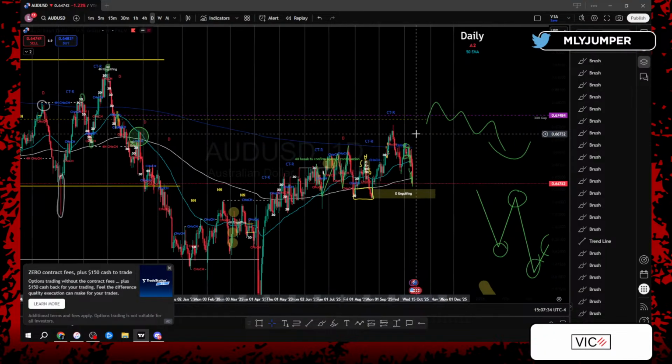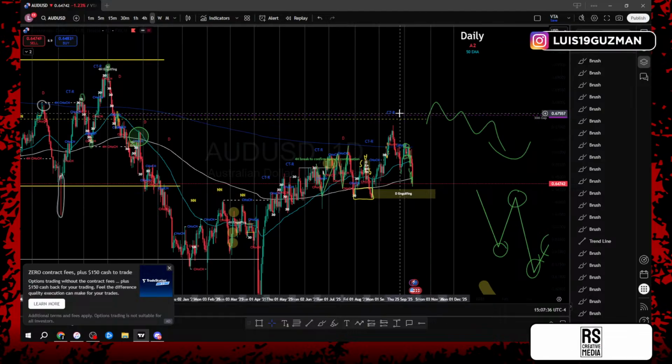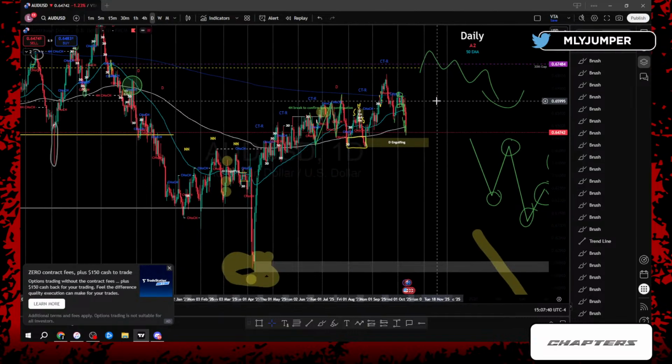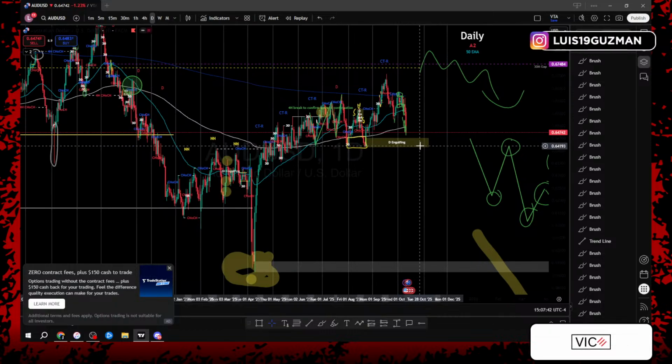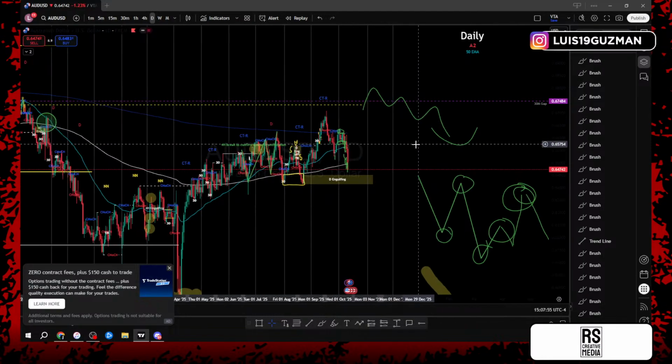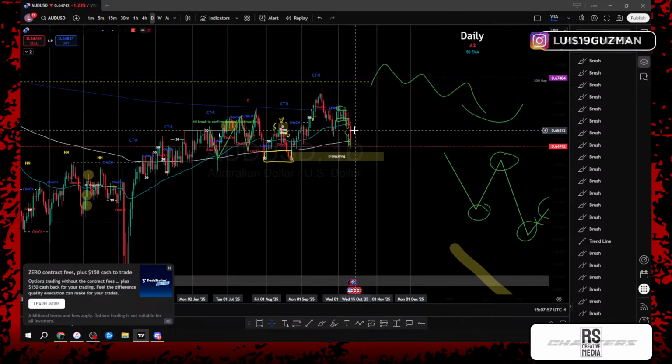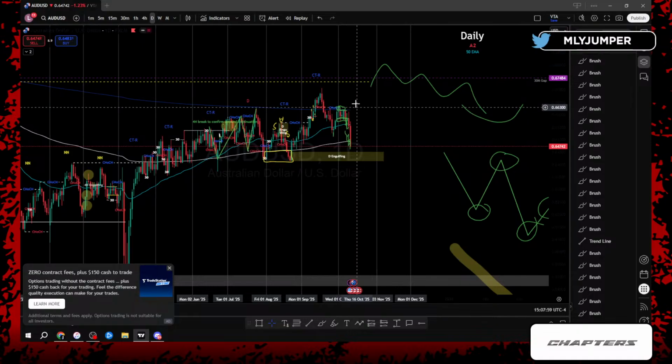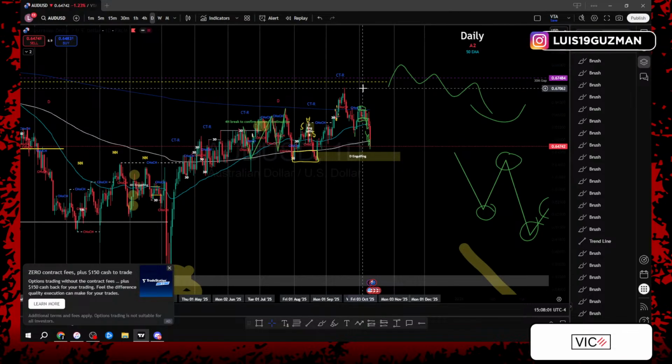Now, again, this gap that's been up here, does it have to be filled right away? No. Price could continue this downtrend push and complete the downtrend pattern. And once price shifts from the downtrend to the uptrend, and once we're in the uptrend pattern and the overall market makers pattern, that's when we could start expecting price to fill the gap. So now that price has reached my point of interest on the daily time frame,